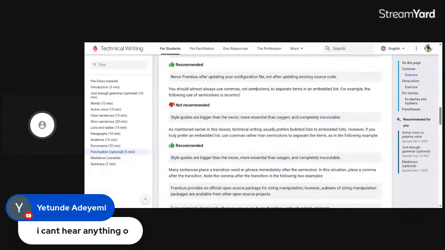So instead of using the semicolon in this example, you can use a comma to pass the information more. Plus, more essential than oxygen is nowhere related to style guides, to how big guides are.